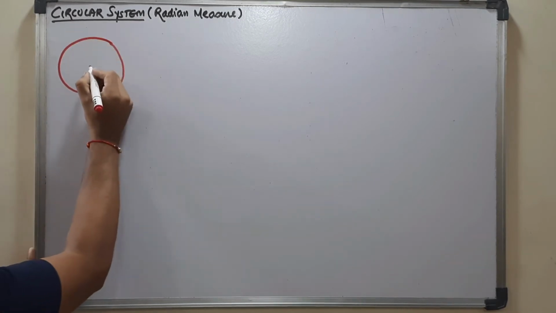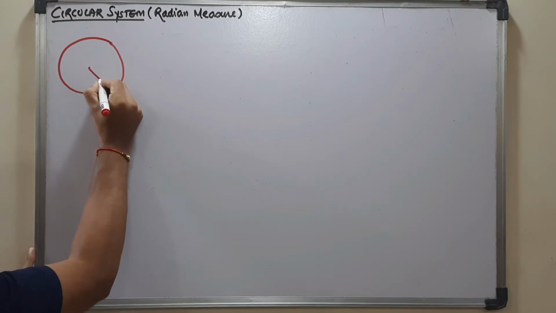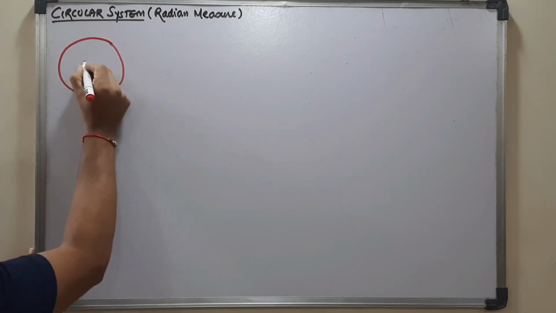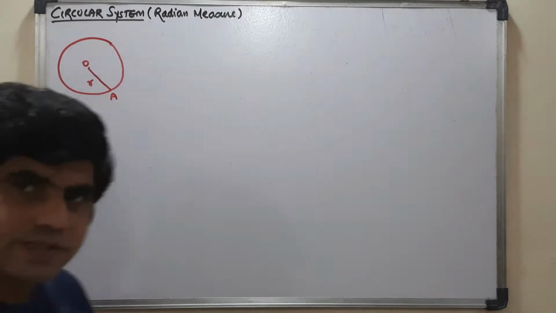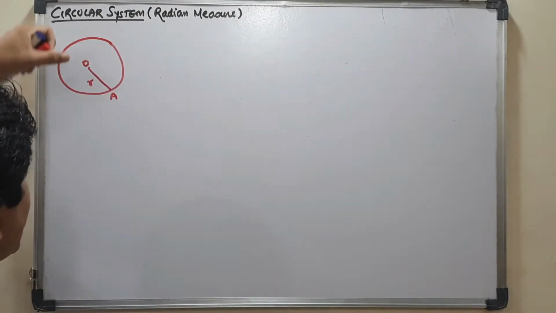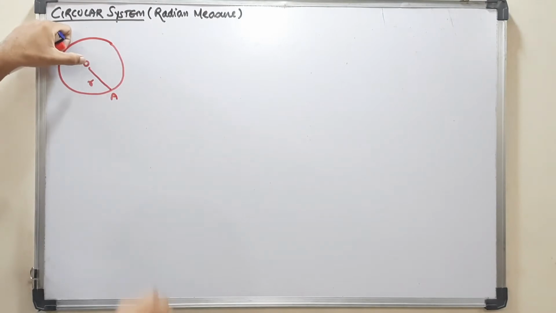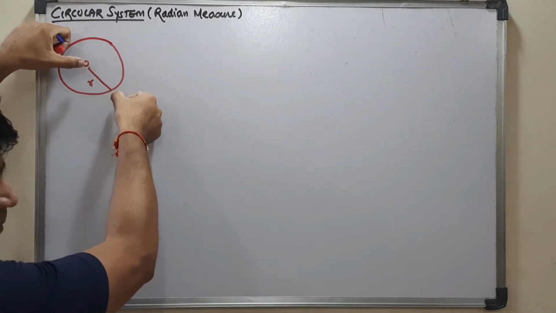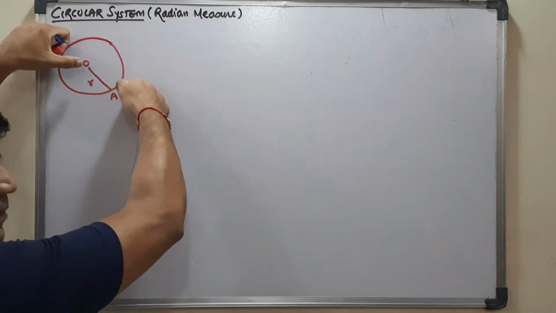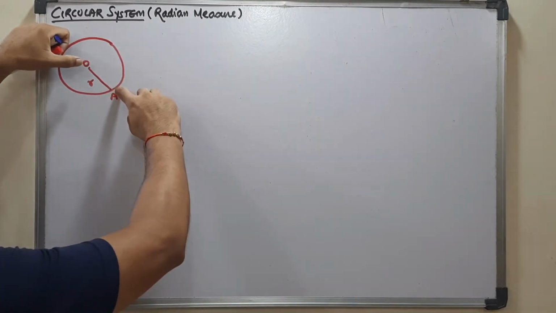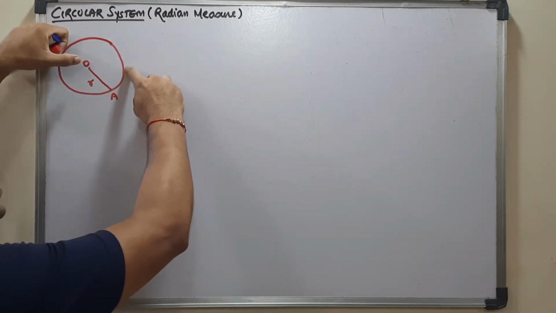Okay. This is a circle of radius r. This is O and this is A. Now, same thing I am saying. I fix a nail over here, and this is a thread. So I pull this end at this side and start moving it. When I start moving it, it will move along the circumference.